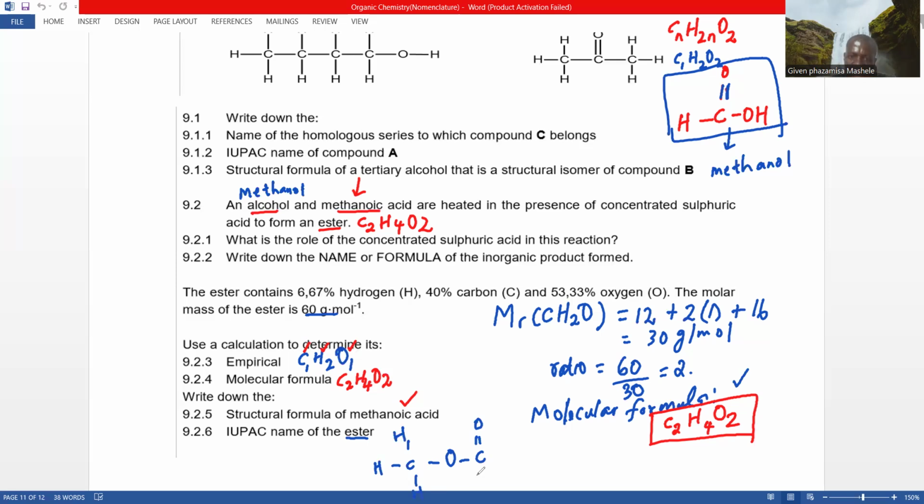Actually, we already have the answer because it wants the IUPAC name of this ester. Ladies and gentlemen, from the ester, we know that this ester has how many carbon atoms on it? It has 2 carbon atoms, which means the methanol, since it has 1 carbon, is the other part. So if we take methanol with methanoic acid, it will give us methyl methanoate, which will be